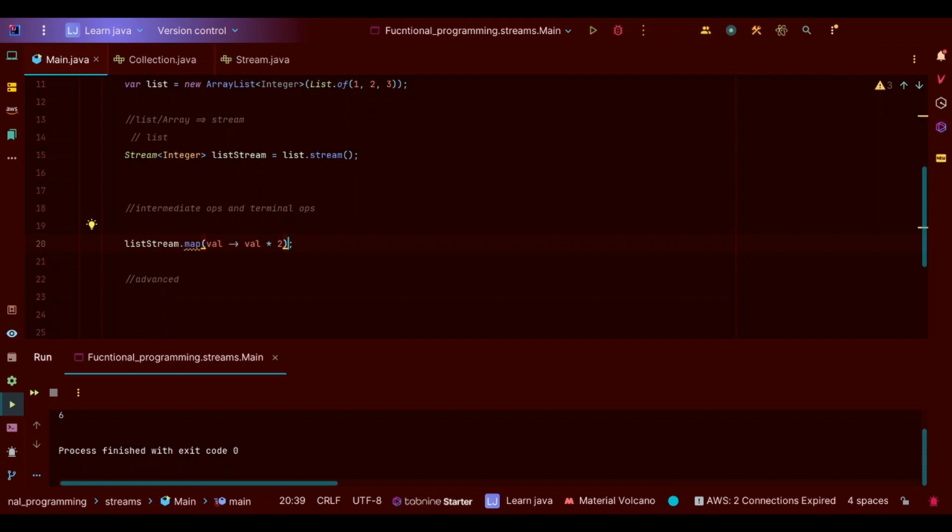And now, how we can console log the output or the result of this operation. You may say that we will wrap it with system.out.println, but actually this will return nothing because this is an intermediate operation and returns us nothing. So how can we print everything? We'll use the forEach that we used before, because as you know, forEach is a terminal operation. So the forEach will return us